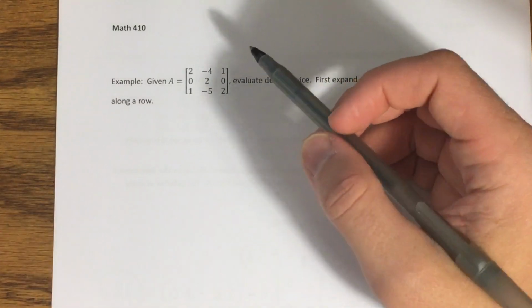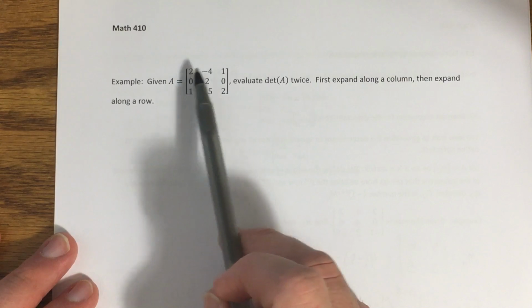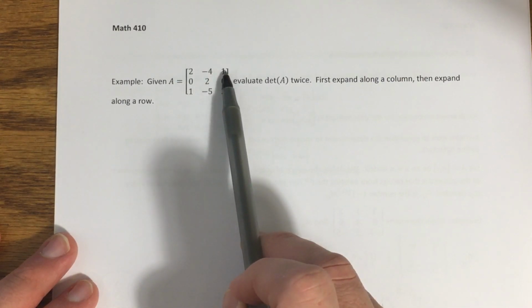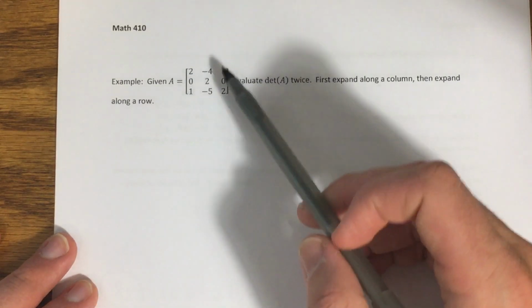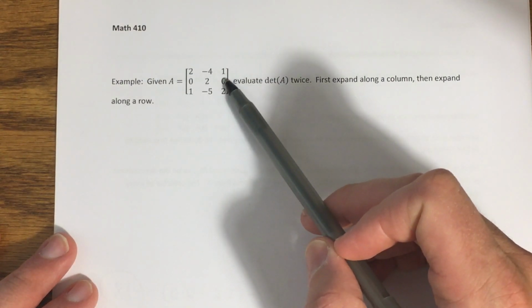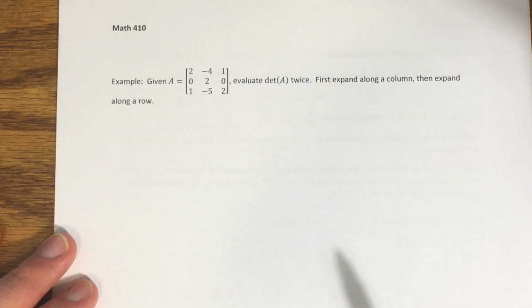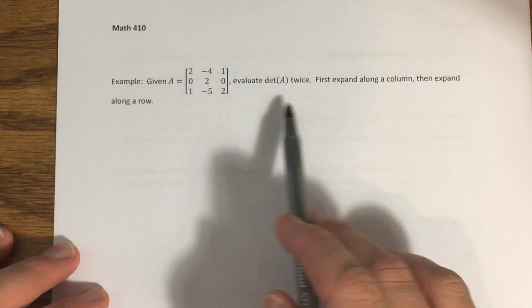Now if you remember that plus minus grid that we talked about, we had plus, minus, plus. And we always get alternating pluses and minuses whether we go along a row or a column. So this one is associated with a plus. That means I'm going to have plus, minus, plus. That's the pattern that we want to use. Plus simply means that we don't change the sign of the minor when we calculate it. Minus means we do change the sign. So if I'm going to do